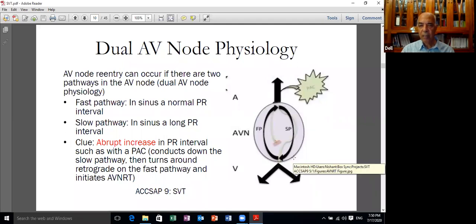It's slow conducting because it's poor in sodium channels, but it has a short refractory period because the action potential duration is short. So it conducts in the slow conducting pathway down to the ventricle to activate both ventricles. By that time, the refractory period of the fast pathway will be recovering. So the impulse, in addition to going down to the ventricle, goes as well up to the fast pathway